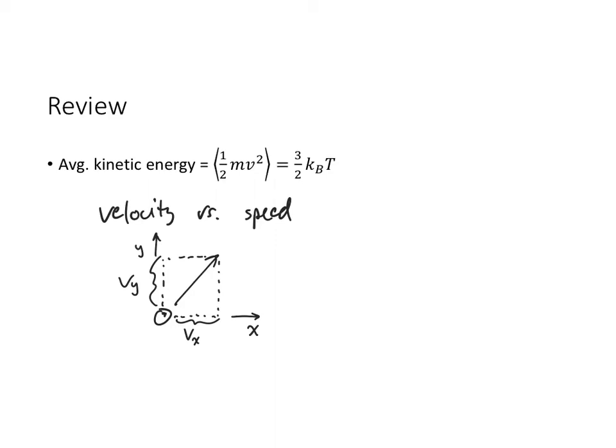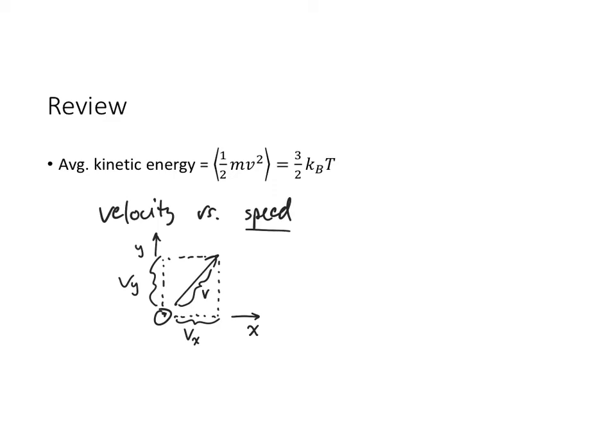So remember, velocity has both a direction and a magnitude. However, the speed, which we're going to represent with the symbol v, is just the magnitude of that velocity vector,